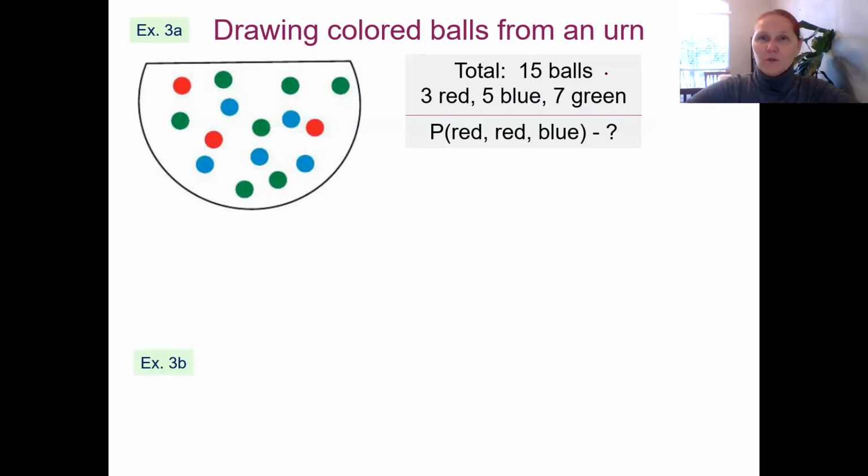We have an urn with a total of 15 balls: 3 red, 5 blue, 7 green, and we want to know the probability of getting red, red, and blue balls in this order. So we have three stages of this event. First, we draw the red ball. Probability of getting the first red ball